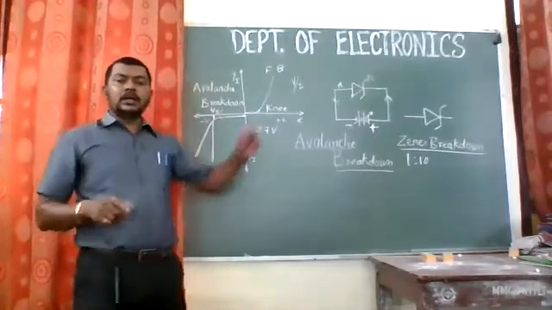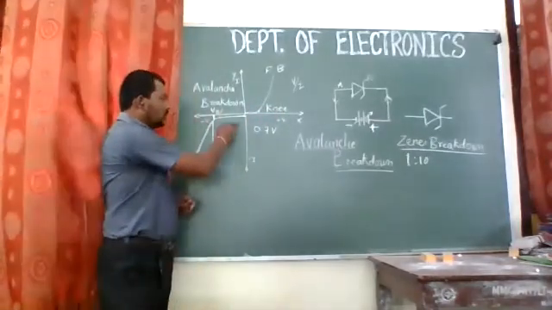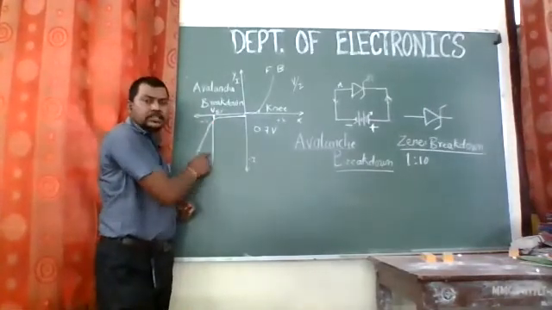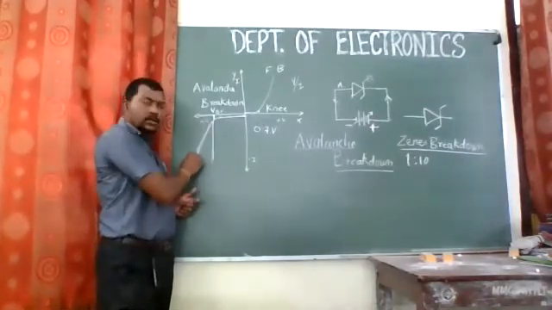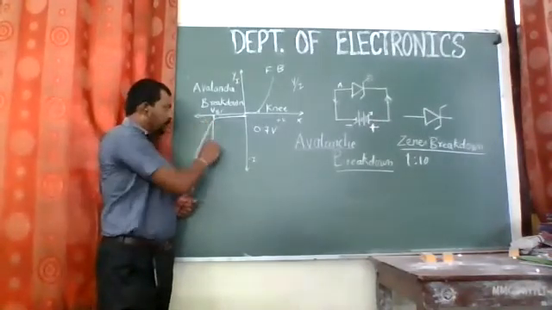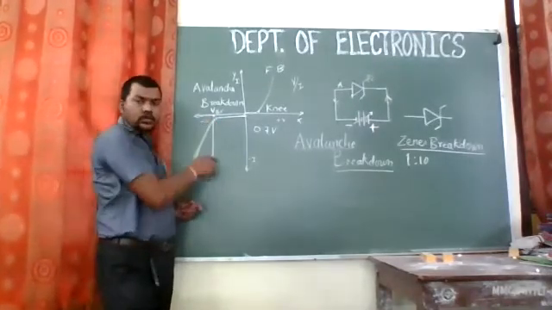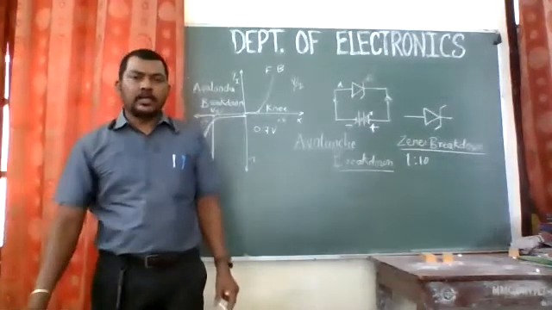But when we connect a Zener diode in reverse bias condition, then the diode will break down at a very low voltage, but it will have a steep breakdown. It is steep, it is sharp. So now it has broken down with a constant voltage and a sudden rise in the reverse current. I guess you have understood.